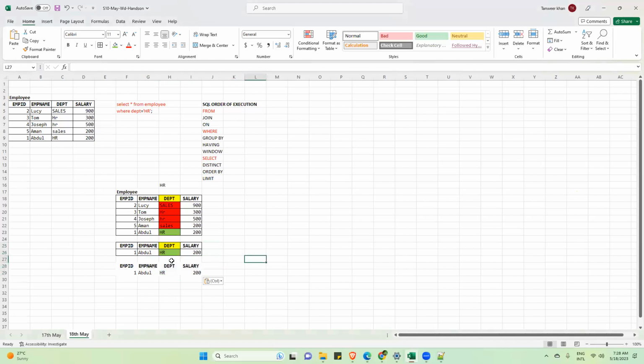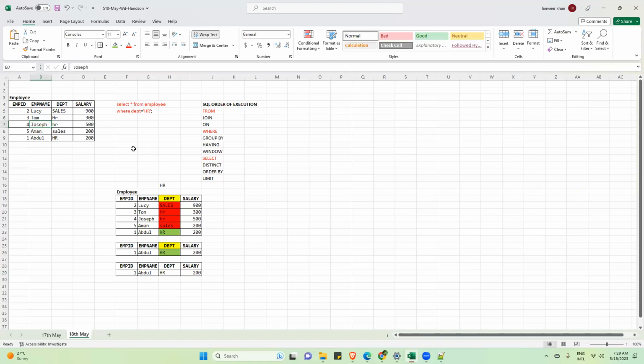Now I have shown this output to my manager. My manager told me, Tanveer, you are displaying only Abdul as working in the HR department. But we have many other employees like Tom and Joseph who are also working in HR.